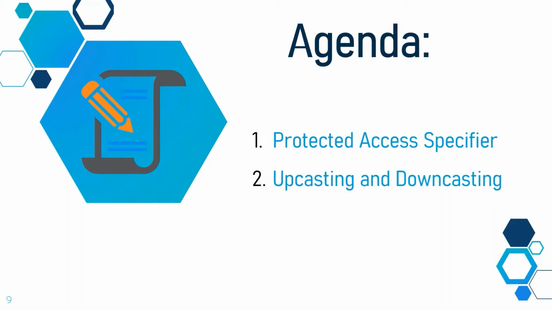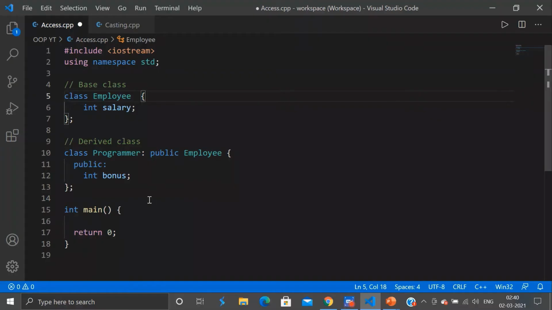Now we have already learned in our video on member functions and access specifiers that there are three specifiers available in C++, and we also saw the use of the public and private access specifiers. So if you haven't yet seen that video, you can first check that out. Now in this video we will have a look at the third specifier, which is the protected specifier. It is similar to private, but it can be accessed in the inherited class. So let's move on to the program right away.